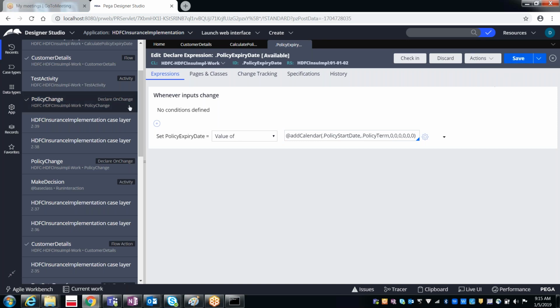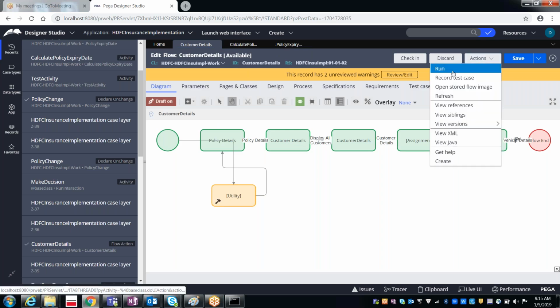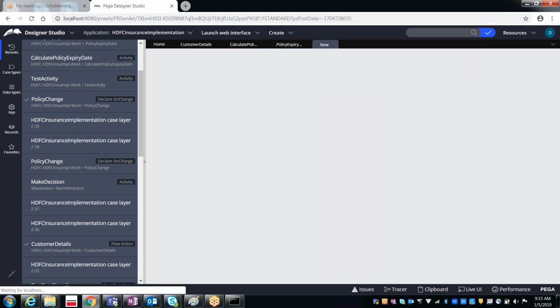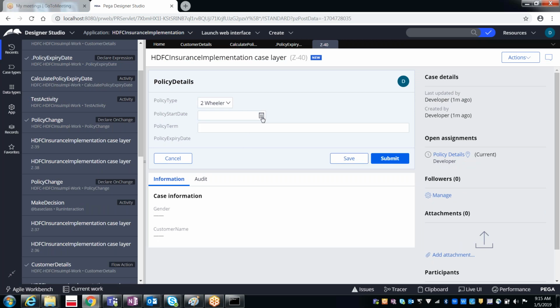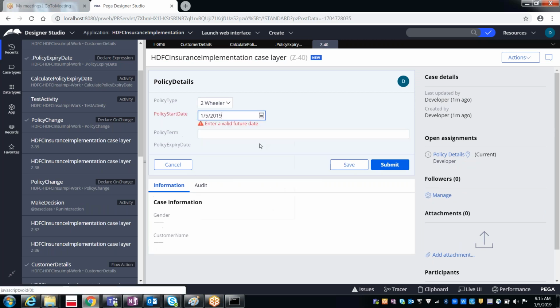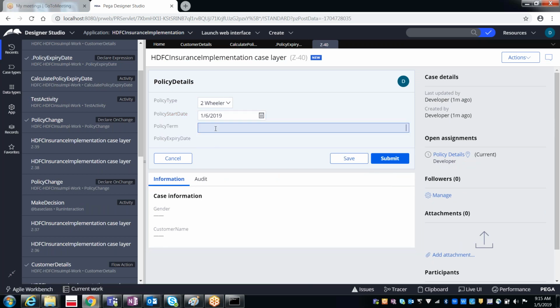Okay, now actions, run. So policy start date, I'm giving 2.